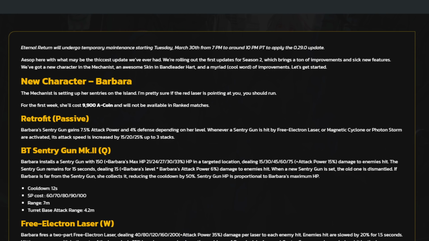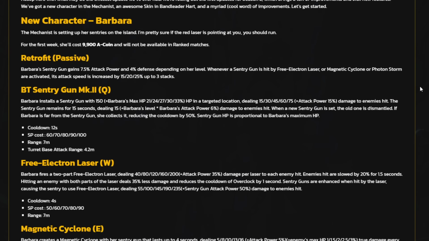All right, the Sentry Gun, her Q. This is like the core of her kit, right? This is sort of what makes her unique, what makes her function. It's what she builds around. So her BT Sentry Gun Mark II, her Q. Barbara installs a Sentry Gun with 150 plus a bunch of her max HP in a targeted location, dealing 15 up to 75 with a 15% attack power ratio damage to enemies hit. The Sentry Gun remains for 15 seconds, dealing...